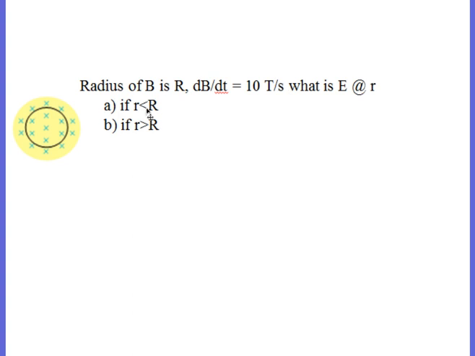And so for the region inside, the radius of the magnetic field is capital R. So for some point inside, like this black dot indicates,